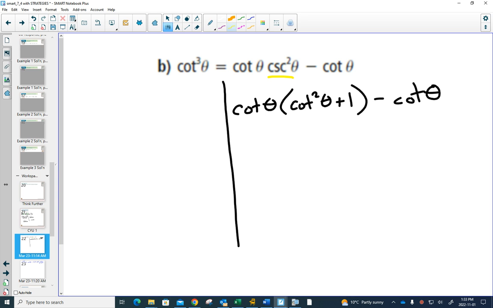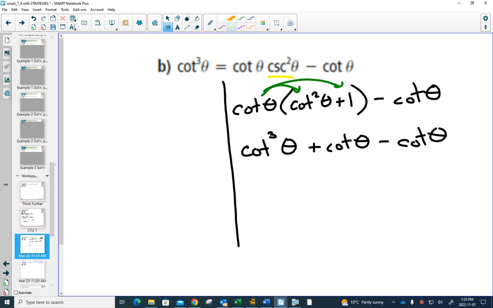Okay, well, what can I do to simplify this? I could get rid of the brackets by distributing. You can use all of your math algebra laws that you know all the way through. So cotangent times cotangent squared, that would be cotangent cubed. Cotangent theta times 1 would be cotangent theta, then I have minus cotangent theta. I hope you see what's going to happen next. These are like terms, aren't they? One cotangent theta minus another cotangent theta. Can you see that they would cancel out? And we would be left with just